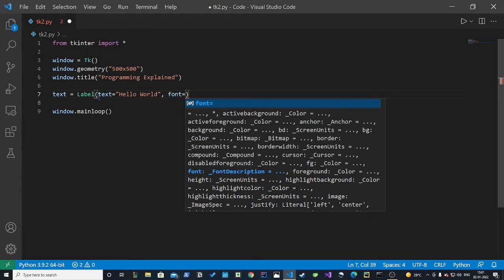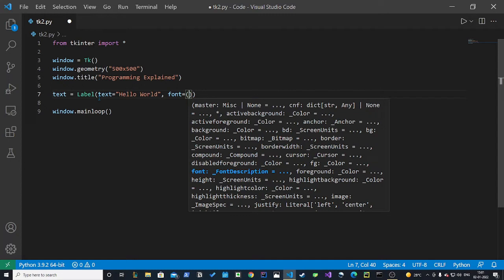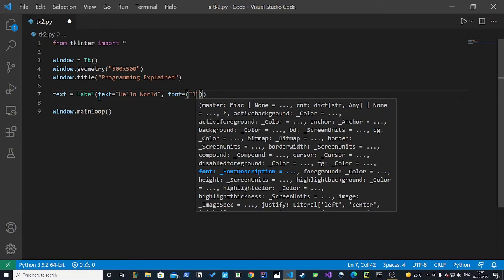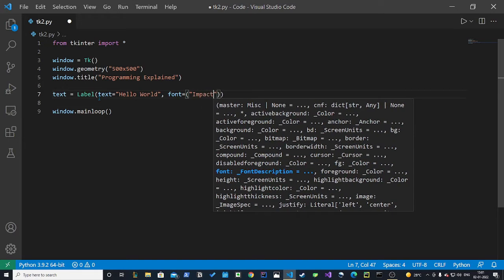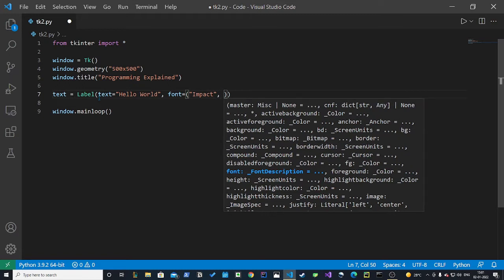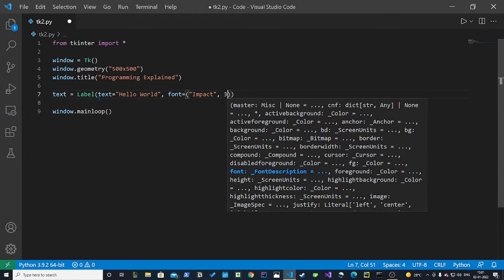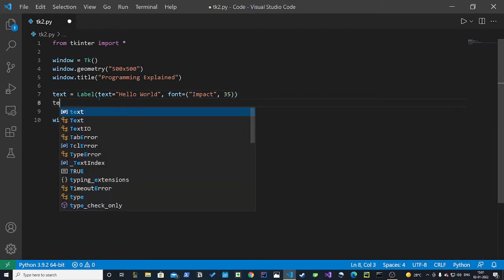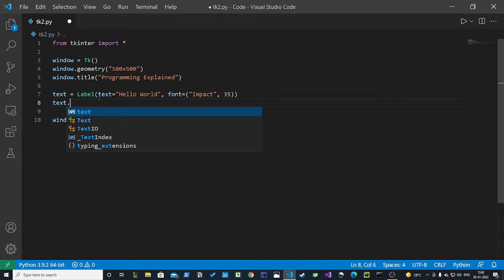When you give the font, you have to write it within brackets, and then you have to do quotes for the font name. I'm gonna do my favorite font here, Impact, and then we give comma and we write the size of it. I'm gonna give 35, and then we write text dot tag,